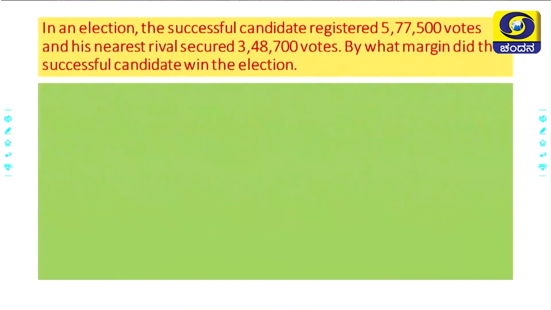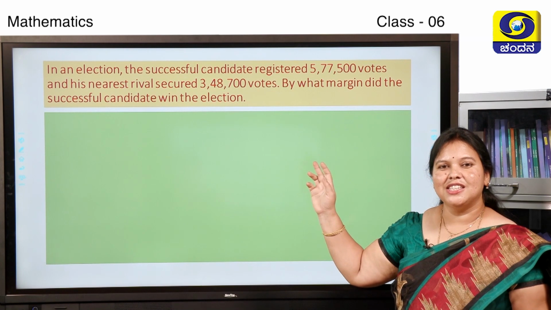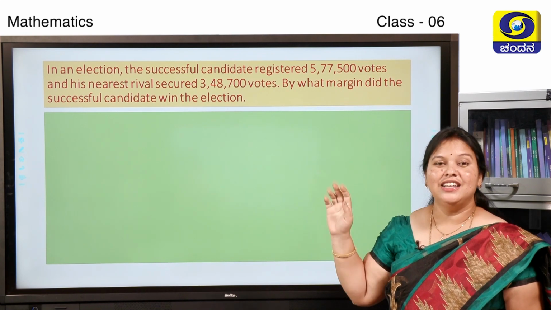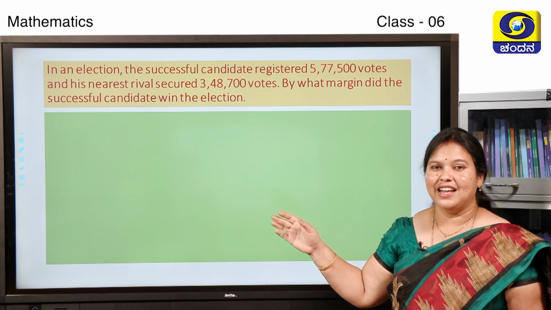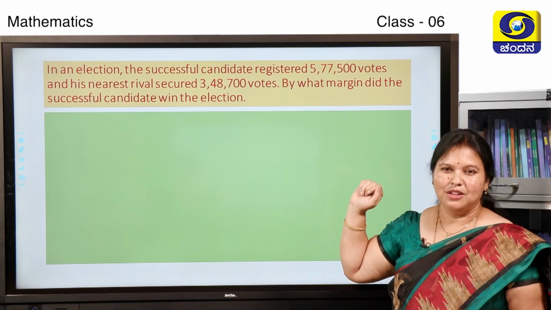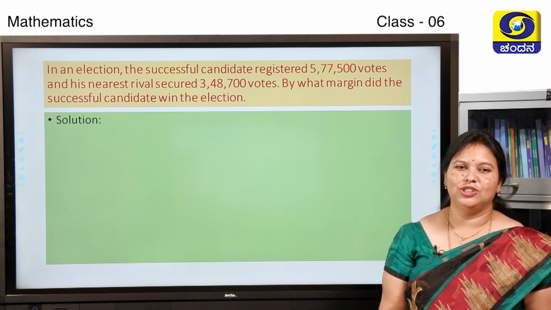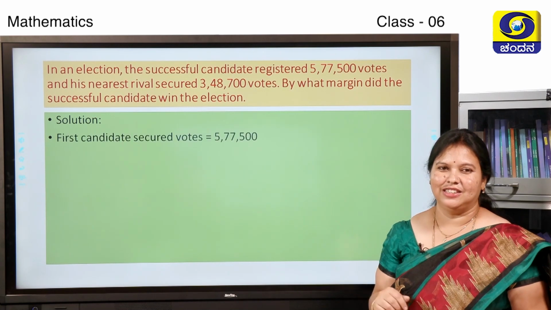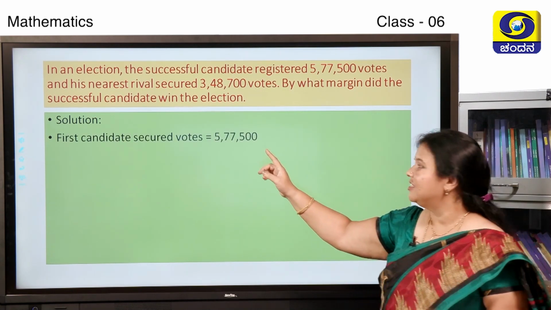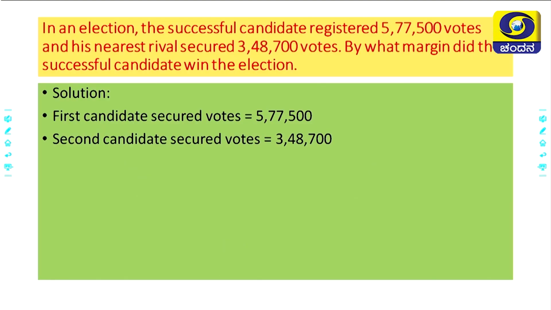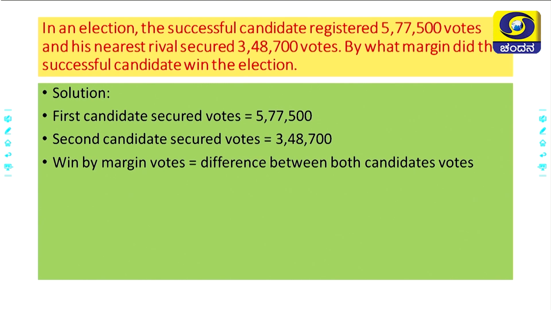So, we will take up one more word problem. In an election, the successful candidate registered 5,77,500 votes and his nearest rival secured 3,48,700 votes. By what margin did the successful candidate win the election? To find the solution, first we have to write the given data. So, first candidate secured votes is equal to 5,77,500 and second candidate secured votes is equal to 3,48,700. Win by margin votes is equal to the difference between both candidates' votes, that is